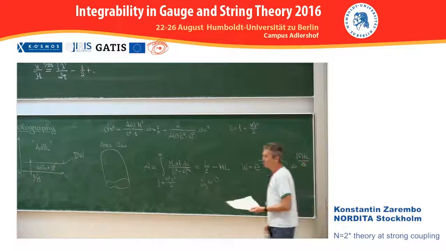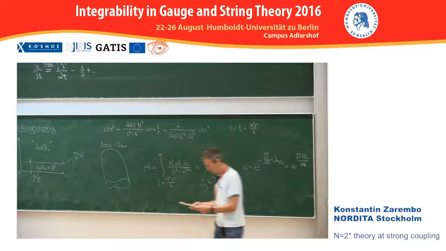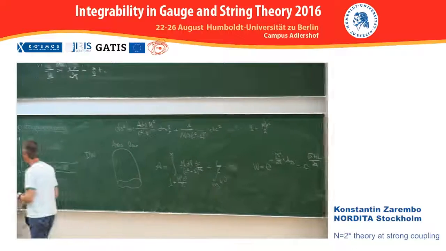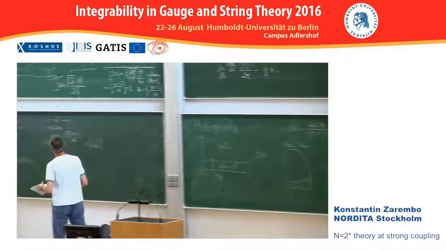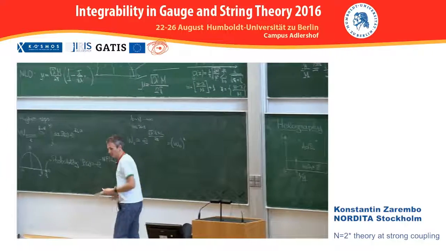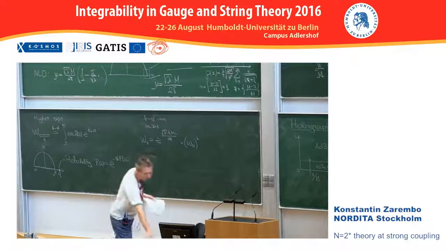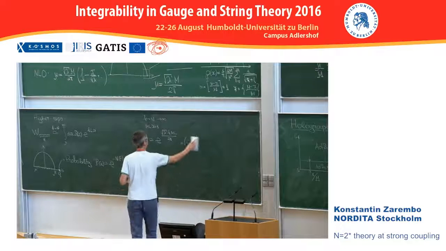And the answer is that it comes from string fluctuations. So if you consider deviations from the minimal surface,